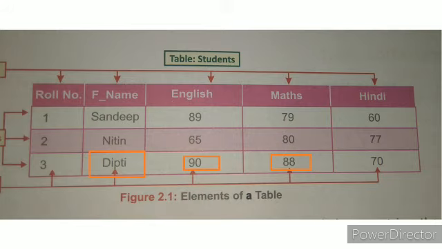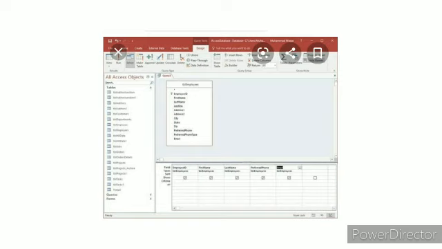The next one is queries. Queries are nothing but questions. A database stores vast information of data. Okay, children? In that data, if we want some information, then you should ask a query to get that information. Queries help us to retrieve the filtered data based upon some conditions. By using these queries, we can do delete and update actions also. If you want to update anything, we can update it. If you want to delete some other student's details, we can delete those also by using these queries.